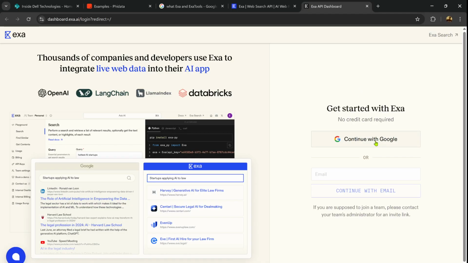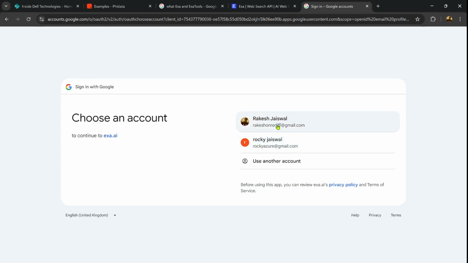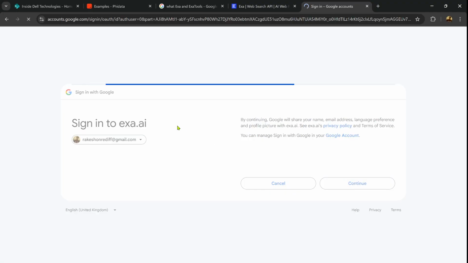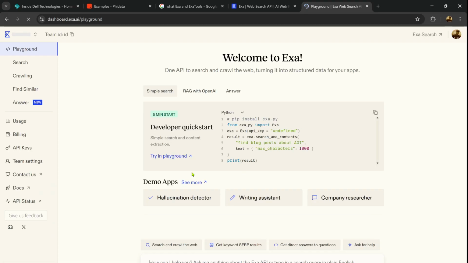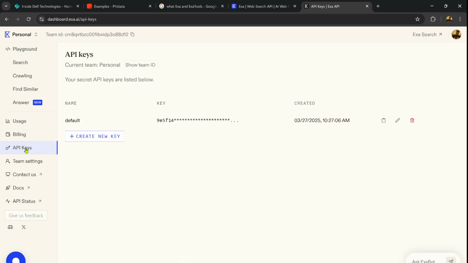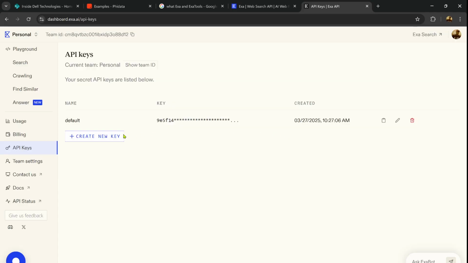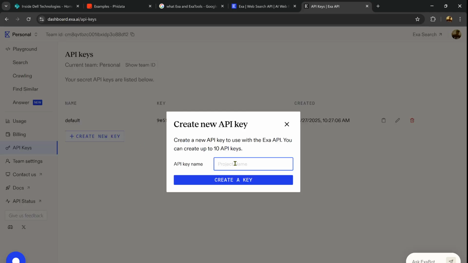So I will log in with Google, and here I will go to the API key, right? And what I can do, I can create a new API key or edit option. This is the edit option, but I will create a new API key